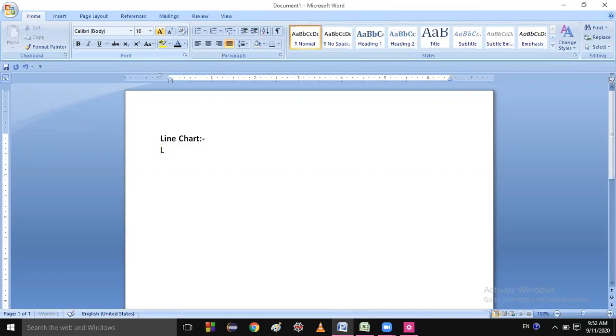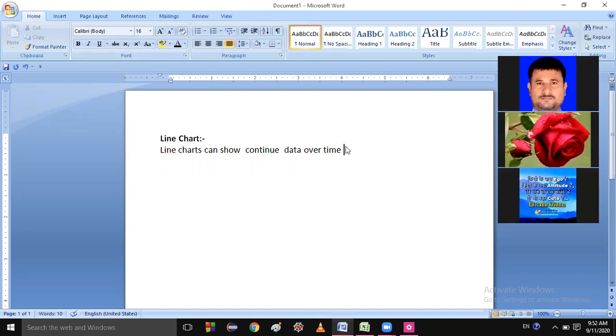A line chart can show continuous data over time.